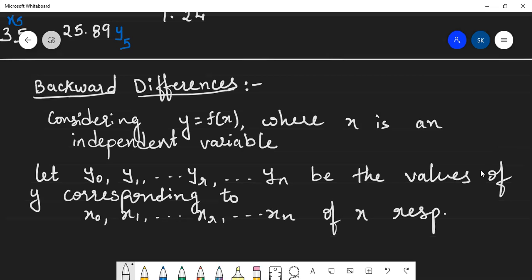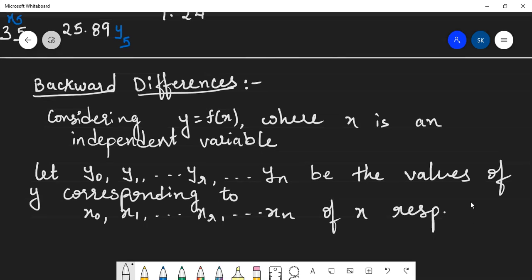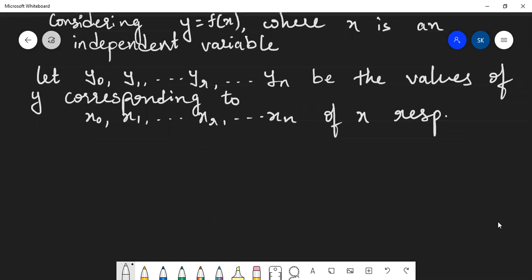Fine. So I have considered the function y equal to f of x and I have taken the general points x0, x1 to xn and y0, y1 to yn. Right? The differences,